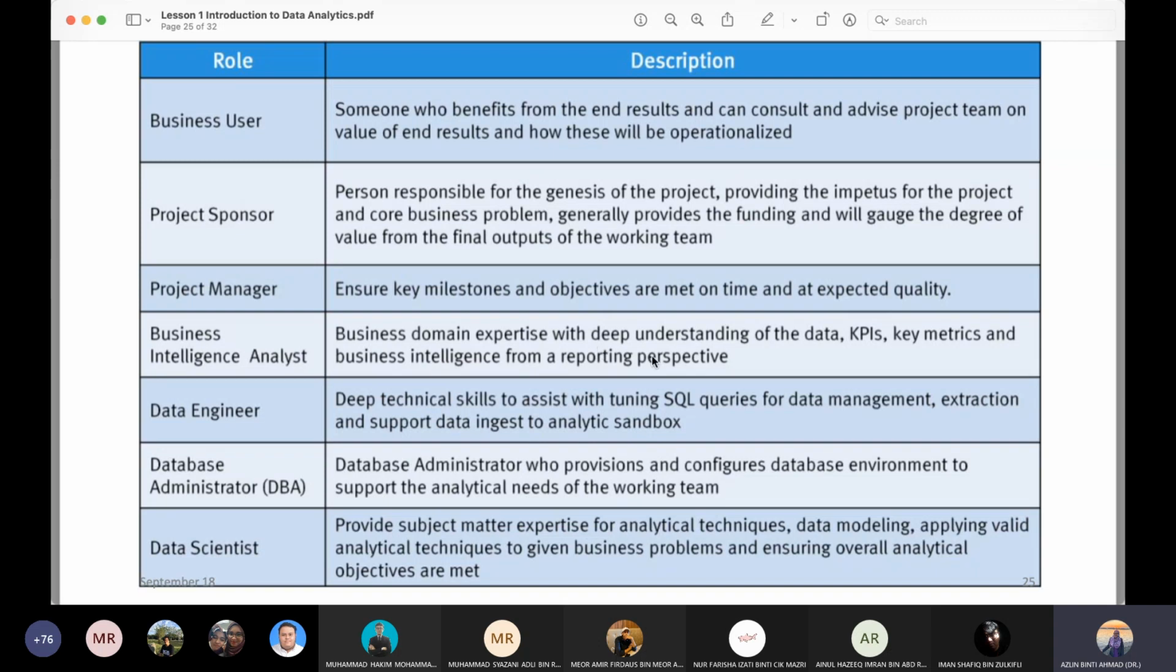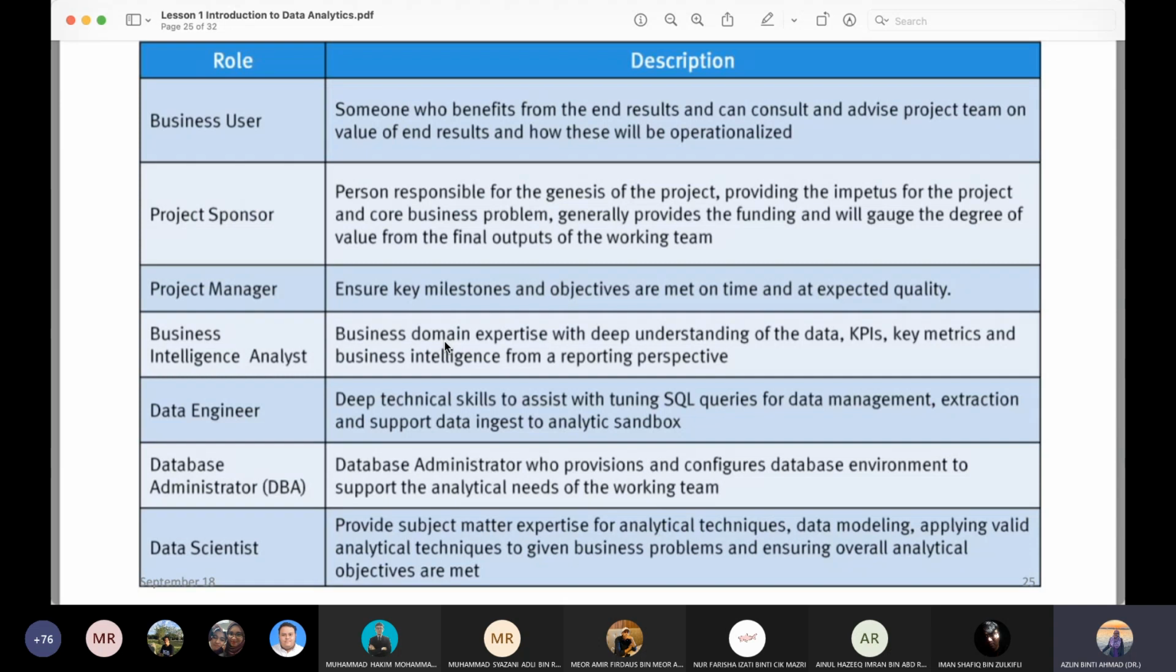requirements, everything lah tentang project tu. Maknanya they will have a deep understanding on the data, the KPI, the key metrics, business intelligence from the reporting perspective. Okay, ni dia punya scope dia very broad, tapi dia mesti dia macam dia more towards business punya side lah. And then not only that, we also have data engineer, where this data engineer has technical skills to assist